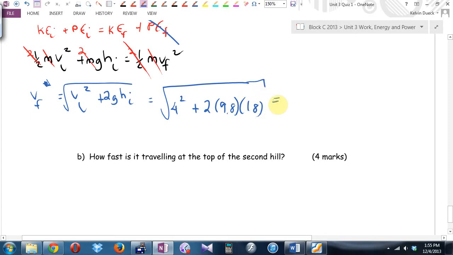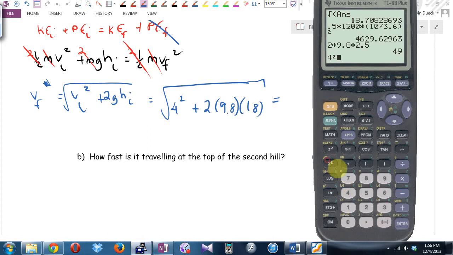Okay, maybe. 2 times 18 is 36 times 9.8. 36 times 10 is 360. 36 times 9.8 is going to be 360 take away 7.2, which is 352.8. Plus 16 is going to be 368.8. Square root of that. Ugh, I've got to go to a calculator. I was kind of hoping it might work out nice. At least I got the 368.8. 19.2